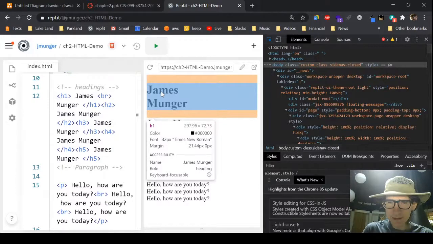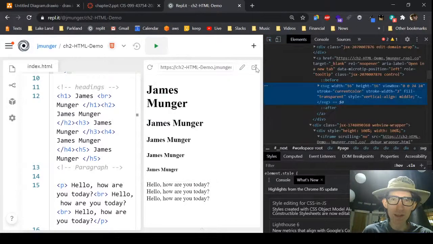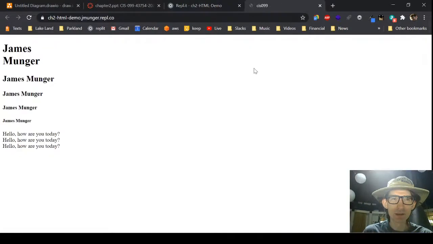That's the space the element is taking up. It goes all the way across, and it might be easier to see in a new tab. So open in a new tab. Here's my H1. How much space is it taking up on the page? It's hard to tell here, but if I open the inspector,